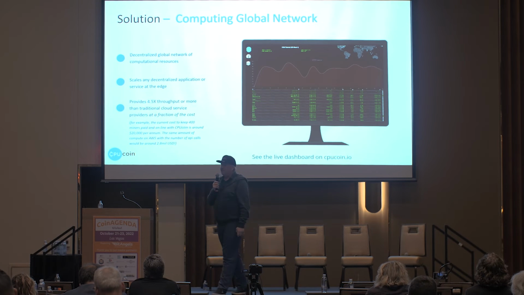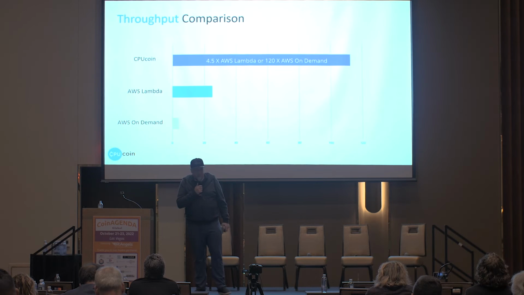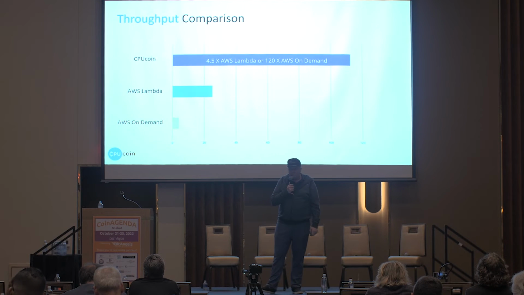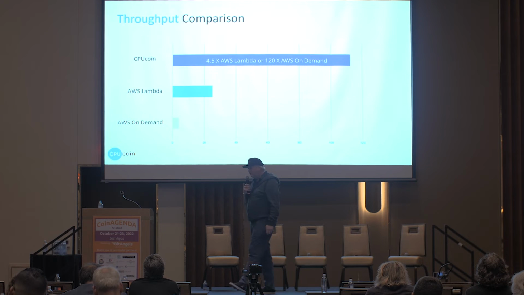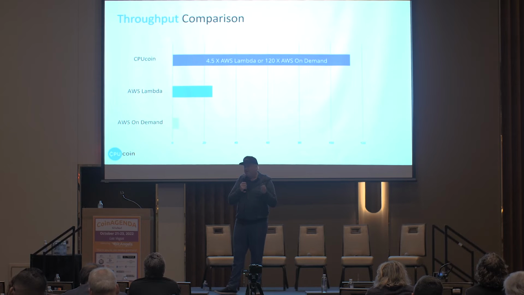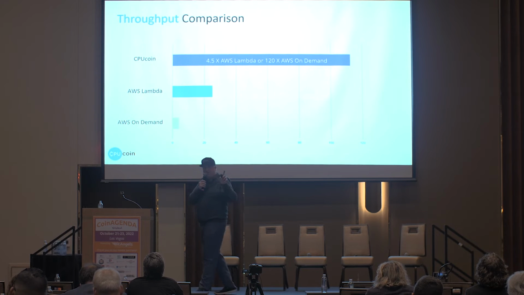Well, for most startups, that's not even an option. And so with CPUCoin, the throughput comparison is pretty extraordinary. We're getting 120x AWS on demand and 4.5x AWS Lambda today. I'm not going to go into too much detail on tech because we have limited time, but I will just tell you that